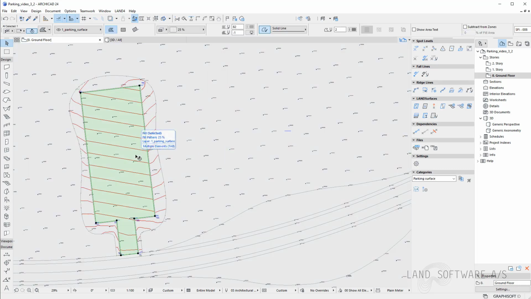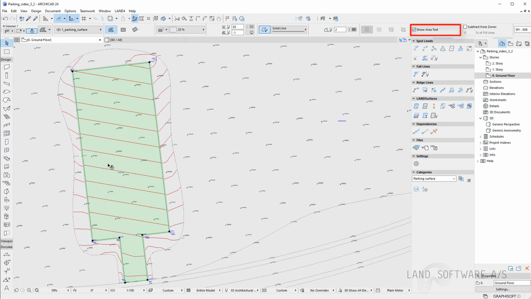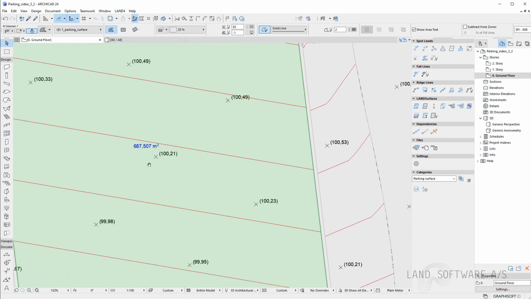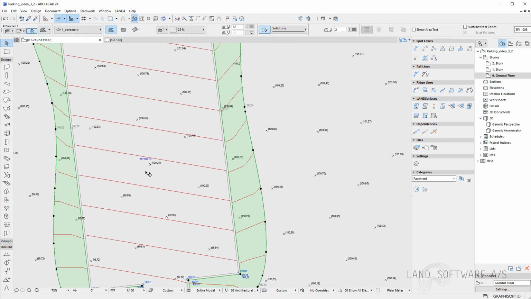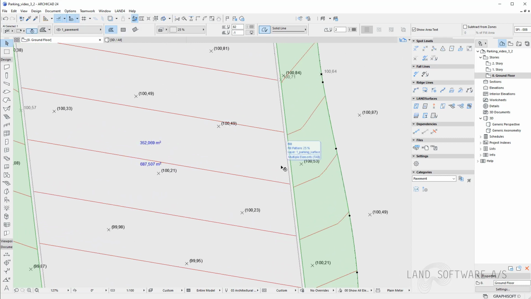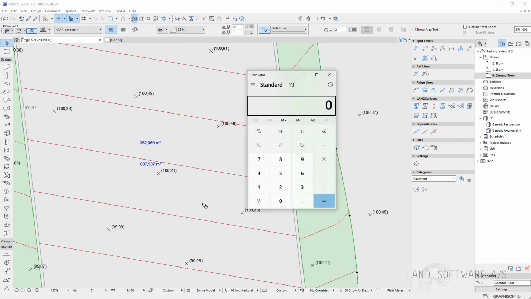I can also calculate the area for my parking surface by showing the area of the fill. And I can do the same for the pavement. And I can see I have roughly 352 square meters plus 687.